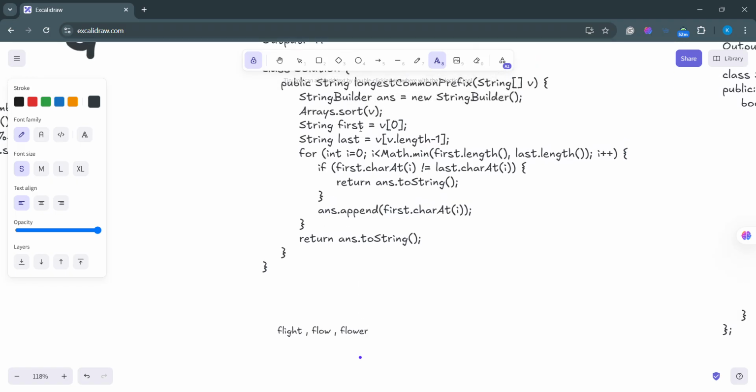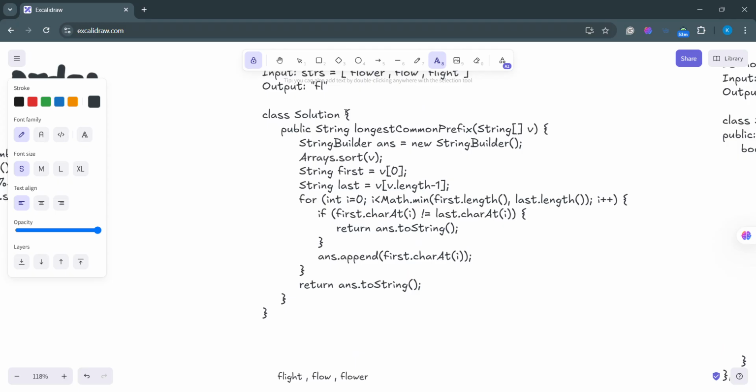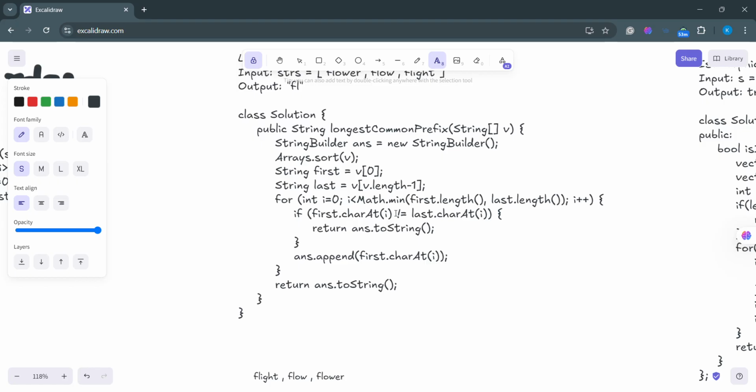So coming back here, we'll take the first string as the first index of the array, and the last string is the last index of the array. Now we'll be iterating through the array. I is equal to 0, I is less than min of first dot length and last dot length. This is done because